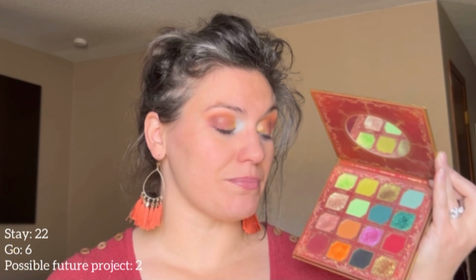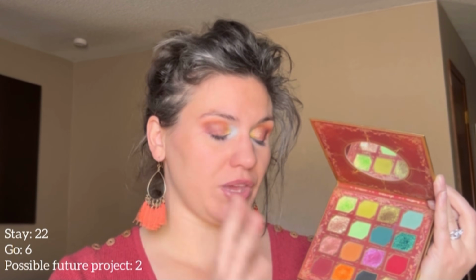On to one of Uden's Eye's very best creations, the Merry Christmas palette from Christmas 2022. This palette's not going anywhere. It's so stinking beautiful. It's so good. The formula is amazing. Now, in talking with people about Uden's Eye and whether or not their formula is slipping,